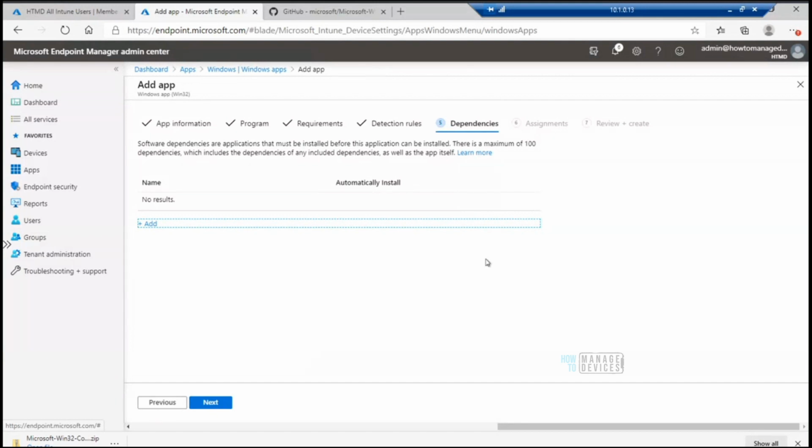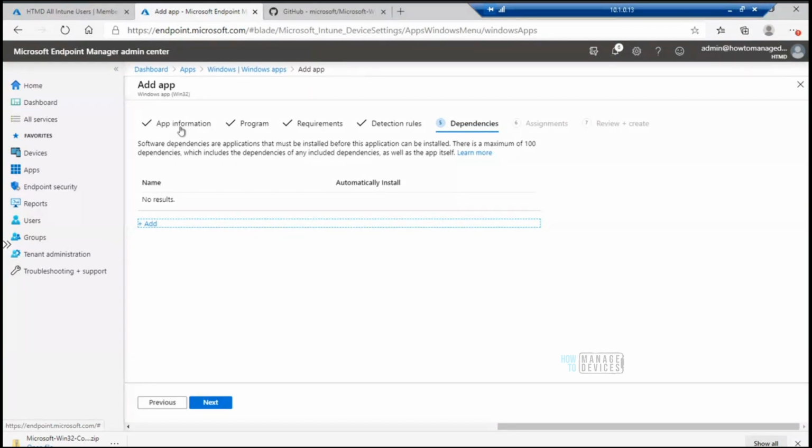Let me repeat it. In the case of Symantec, if you are deploying Symantec in your organization, you might be aware there are two things, right? One is the main application, and then you need to apply an XML file depending on your organization requirements, so a siling file basically. In that scenario, I normally create the Symantec main application in Intune Win format, and then I create another Intune Win format file for the XML.